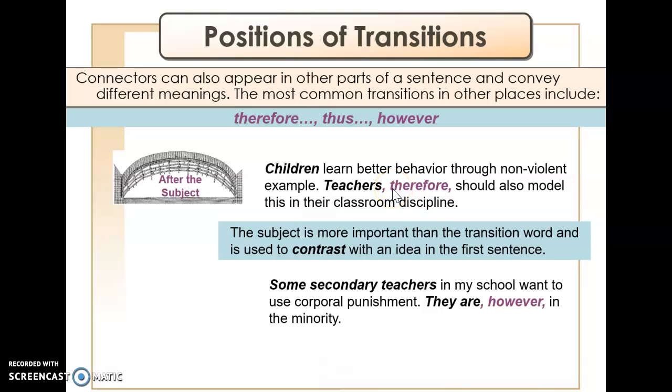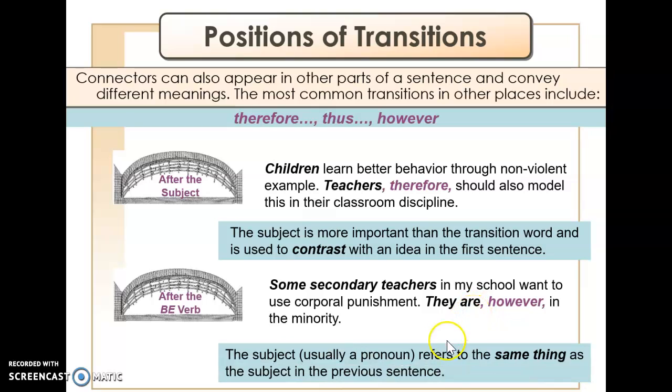So that is one way that you can use a transition really in sort of the middle of an independent clause. Let's take a look at the second one here. So you can use a transition also after a be verb. Now, in this case, the subject, they, refers to the same thing as in the previous sentence. And so it's just a different way of expressing or using